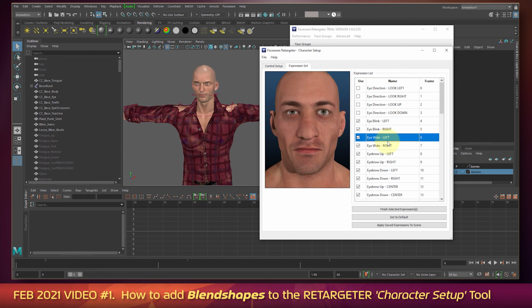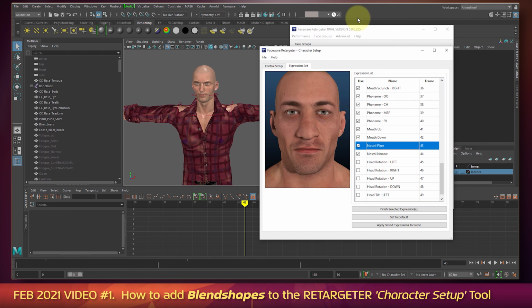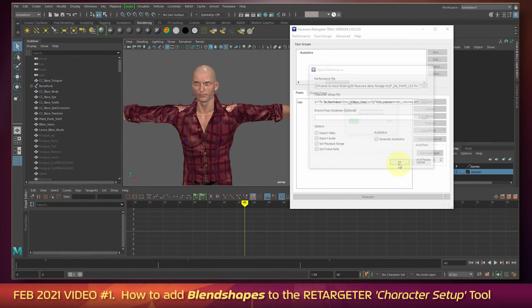Now, if I actually just click on these, it's not going to show, but that's normal. But what I can then do is go ahead and open a performance. In this case, I'm just going to open up one of the demo performance files. I can't remember if this FWR actually came as a download from the free assets, but I may have created that by parameterizing one of the demo things inside Analyzer. Anyway, and then I can load that character configuration file that I made, and with these settings, go ahead and